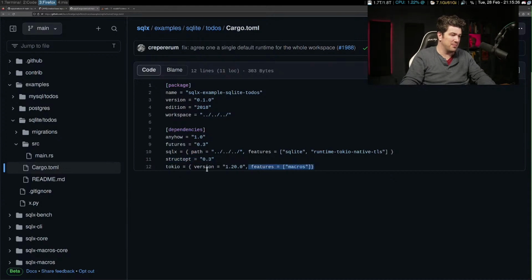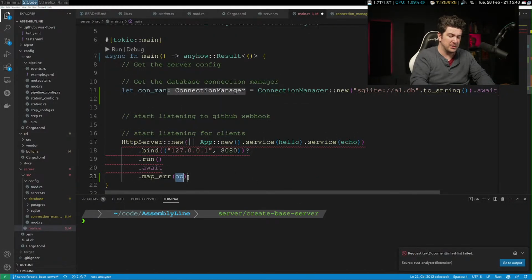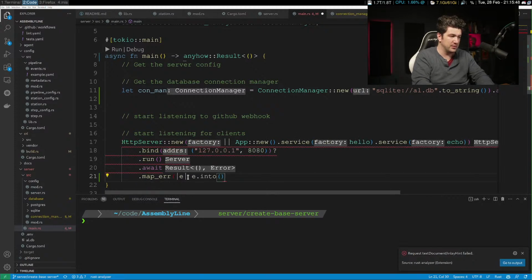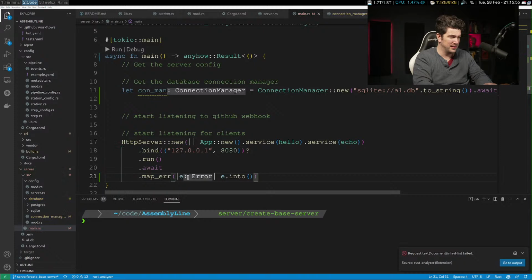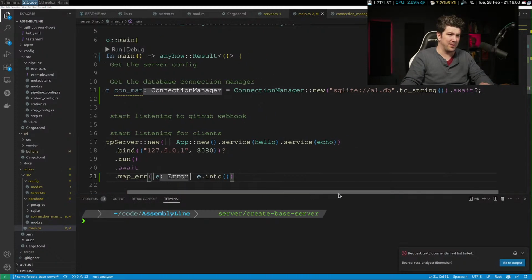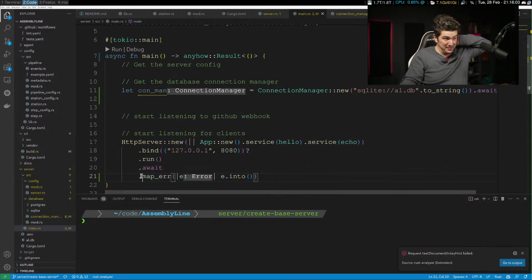I have Tokio with macros. So we can just do this. We'll just do, let's see, err into. I think we can just do this, right? Is that all we need to do? Yeah. Okay. Does this make everything happy? I don't know why I need to do this, but you know what? We'll go with this. I thought that this should work with this, but it doesn't. But that's okay. We got it.